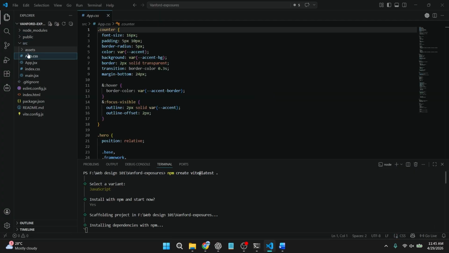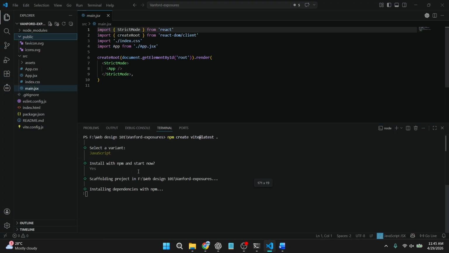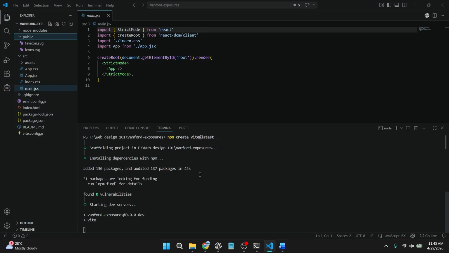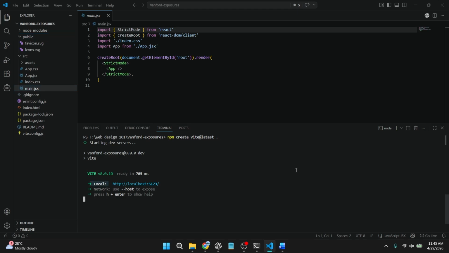We are going to store our assets, app.js and main.js as well. So let us continue. It's not done installing our dependencies, so it's still installing. Give it time and it's going to install. Nothing is broken yet. After it's installed, you can see we are hosting it on our local server,